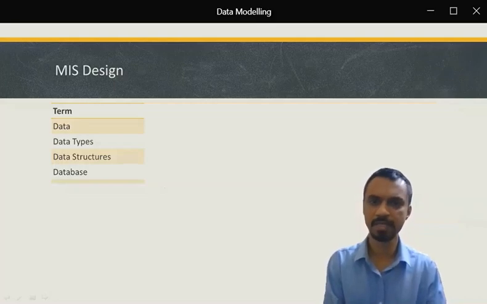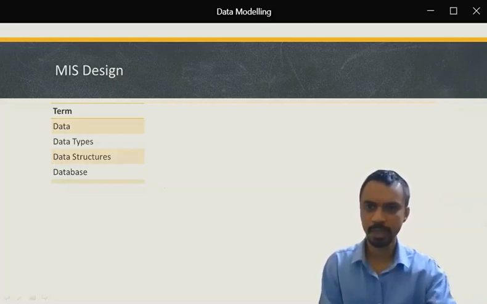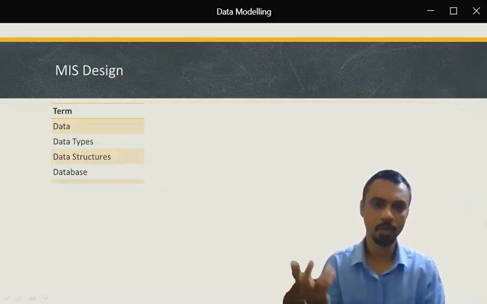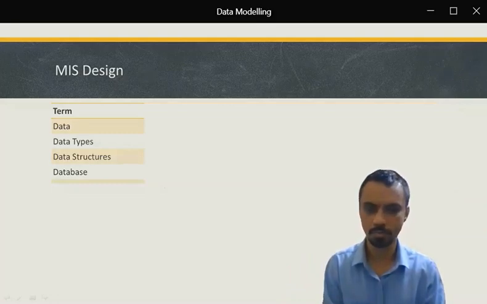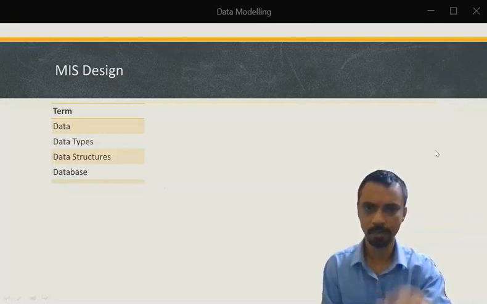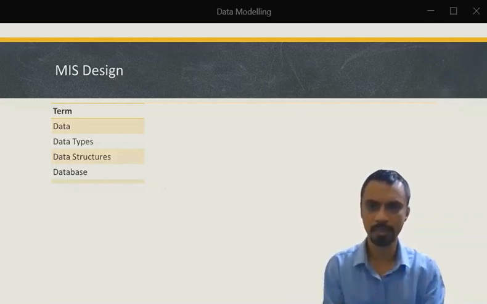So I have listed these four terms, and some of you may be already familiar with these. So why don't you take a small activity on Moodle and give your answer to these terms. If you are not aware of these terms, then you can wait for the presentation, this slide, to get over, and then respond to this.